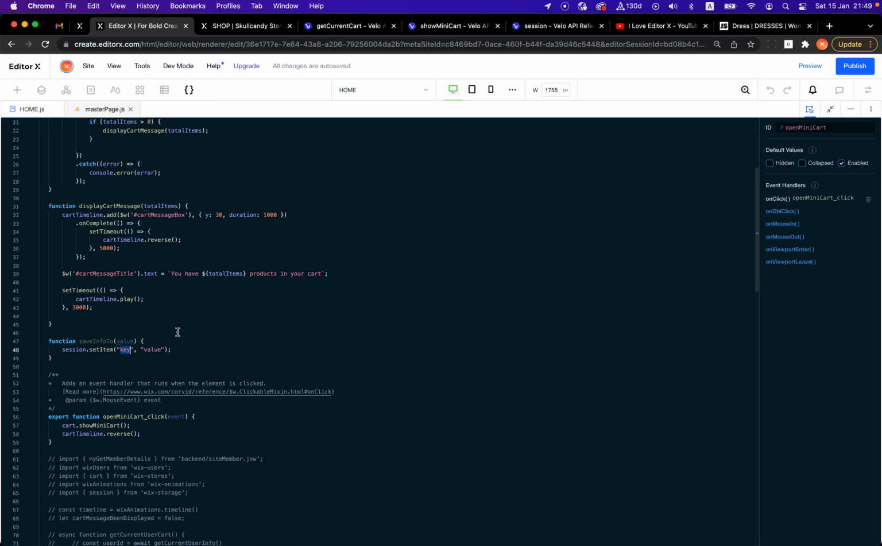Okay, so what we need to save is that the cart message being displayed, right? And the value will be true, so it's saved. And when we call this function, as you remember, we play the animation. So basically right here, but we already have the onComplete. So after this